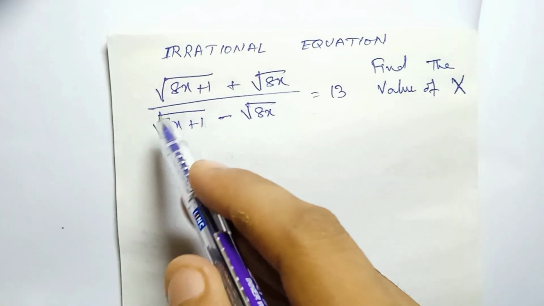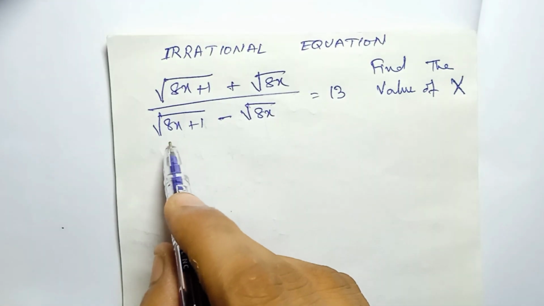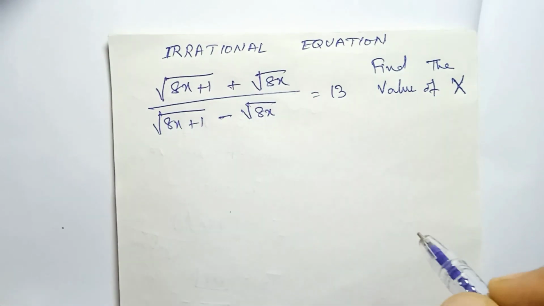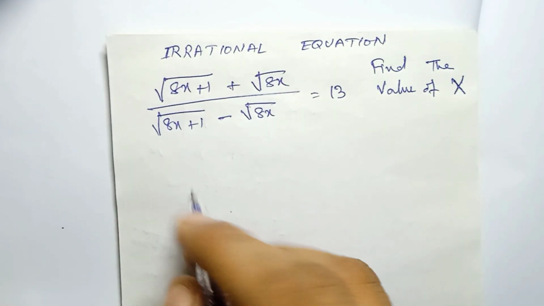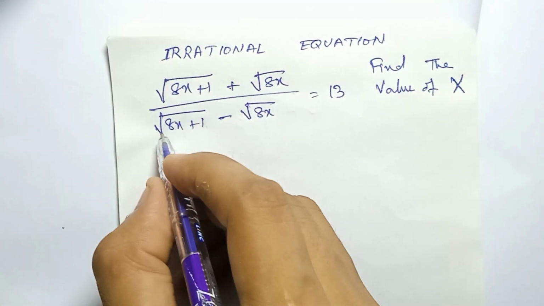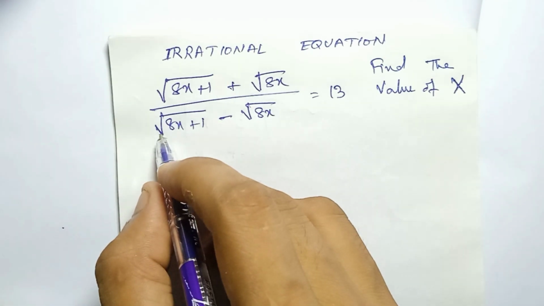आज का हमारा क्वेश्चन इरेशनल इक्वेशन से है। We have the question: under root of 8x plus 1 plus under root of 8x, divided by under root of 8x plus 1 minus under root of 8x, is equal to 13, and we have to find the value of x from this equation. इस टाइप के क्वेश्चन में हमें सबसे पहले ये ध्यान रखना है कि हमारा जो डिनोमिनेटर है, we have to free the denominator from the square root. हमें डिनोमिनेटर से स्क्वायर रूट को एलिमिनेट करना है।